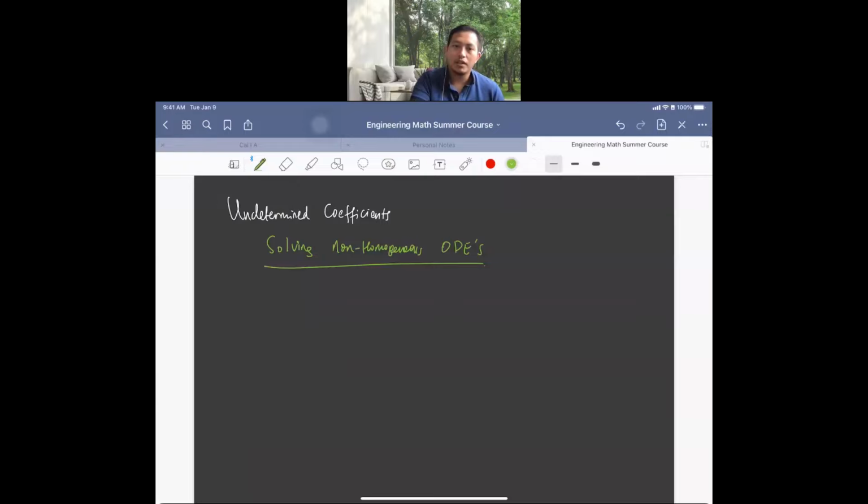Okay, so far we have solved the linear constant coefficient homogeneous equation, right? But how about the non-homogeneous one? So for linear homogeneous, we can use the constant coefficients, the one that we had before. But if we have the non-homogeneous one,